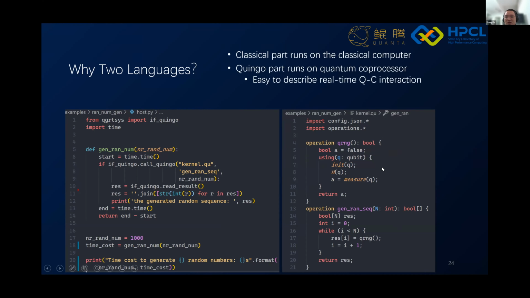In this case, it is very easy to describe real-time quantum classical interaction, because any quantum classical interaction written here will actually happen on the quantum coprocessor in real time. Second, the compiler only accepts the code that runs on the quantum coprocessor, which makes optimization much easier.